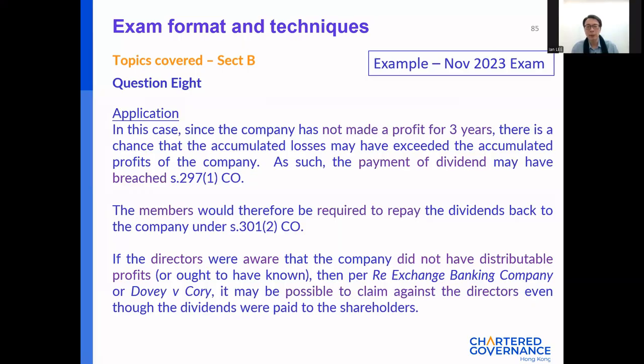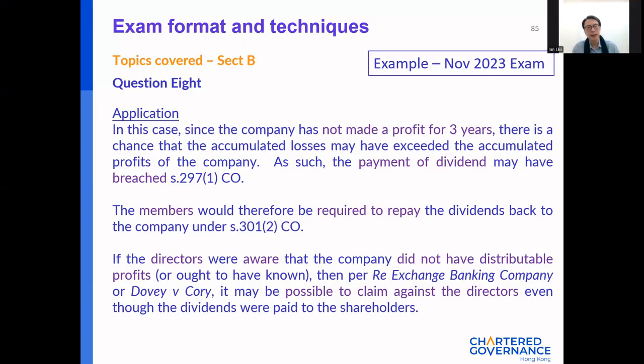The members would therefore be required to repay dividends back to the company under 301(2). If the directors were aware that the company did not have distributable profits, then based on the court case, it's possible to claim on the directors, even though the dividends were paid to shareholders. So this is an interesting point,